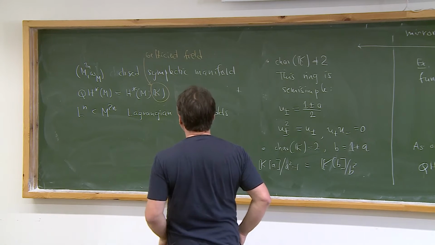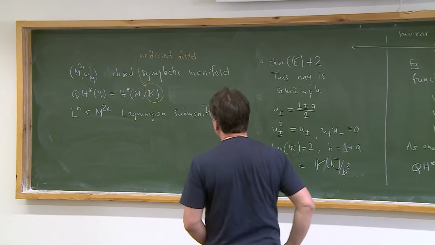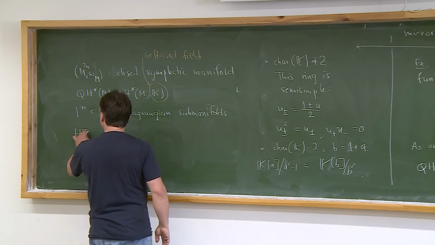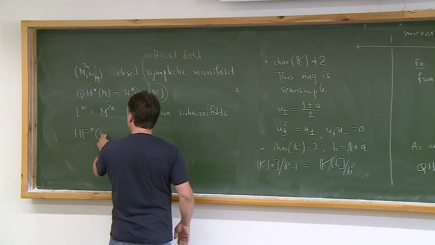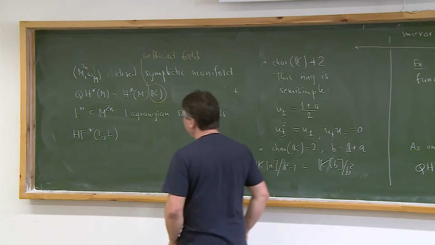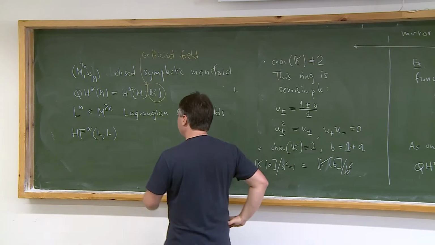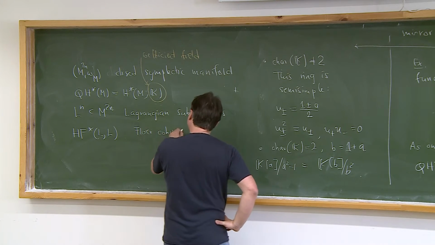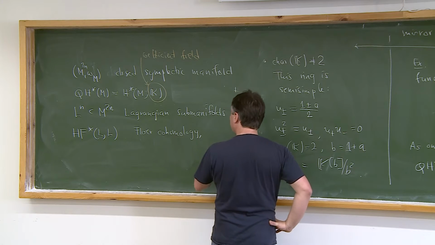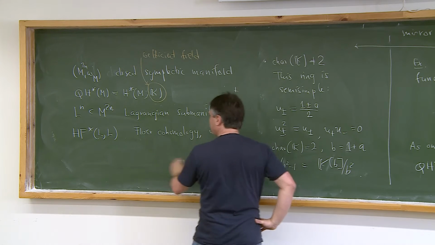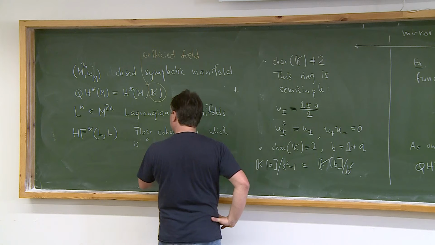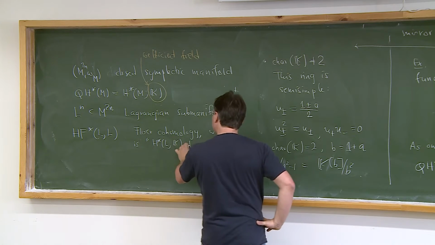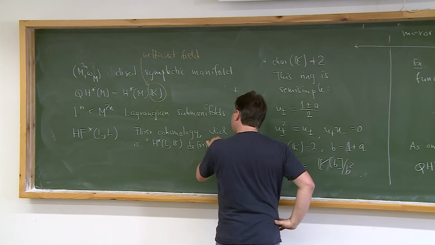So these are n-dimensional submanifolds which are isotropic for the symplectic form. And then there is a version of quantum homology for these Lagrangian submanifolds, which I'm going to write like this. So the Floer homology, which you can think of